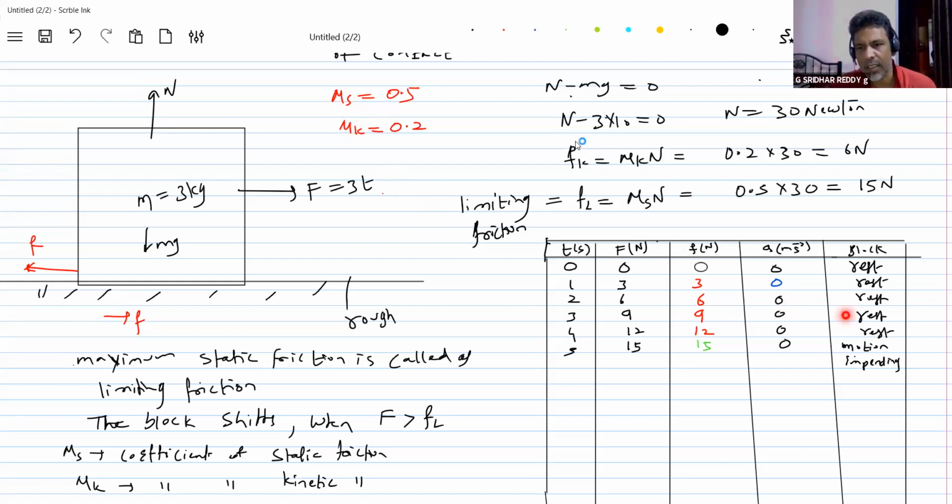Okay, let's come to the thing. Motion impending means, what is a motion impending? The block is about to move. It's called impending. I think the word, in the English language, all of you are English medium. Pending,